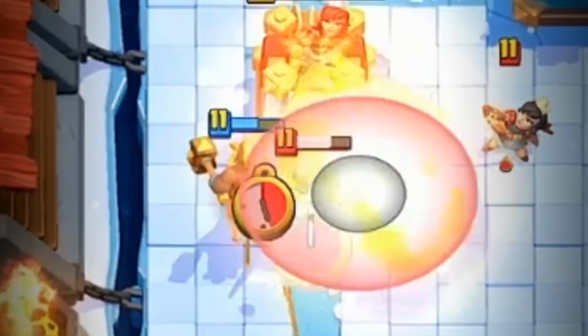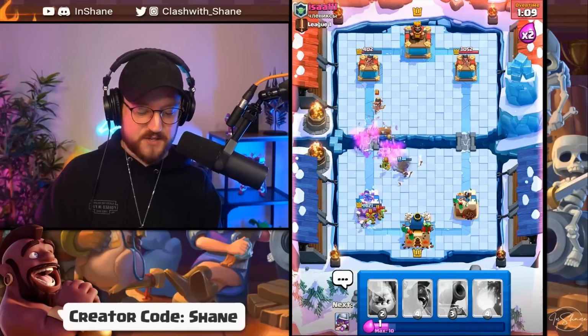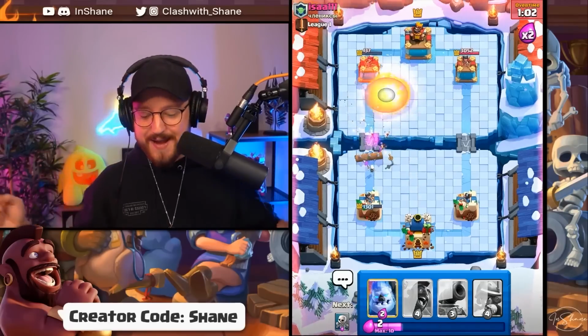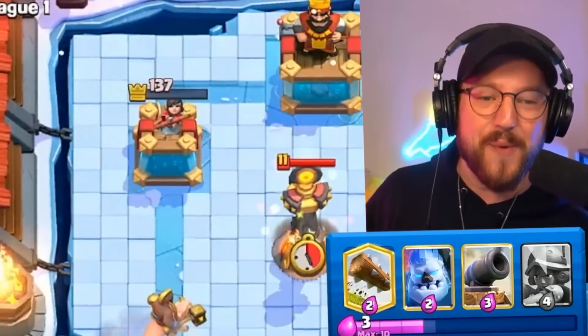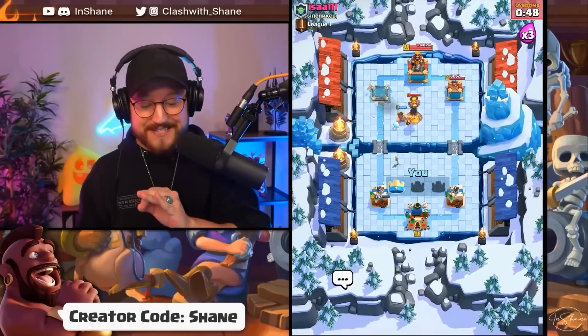Yes. Knocks the Knight away, destroys the Ice Spirit, one hog shot. We have a much faster cycle than he does. That is the advantage of our deck. We can way easily cycle one more fireball over here for that Princess, and all we need is one more log spell. Oh, he's gonna rocket me down? Get out of here, sir. Get out of here. Fireball going down, and we have ourselves a one crown victory versus another iconic deck, the